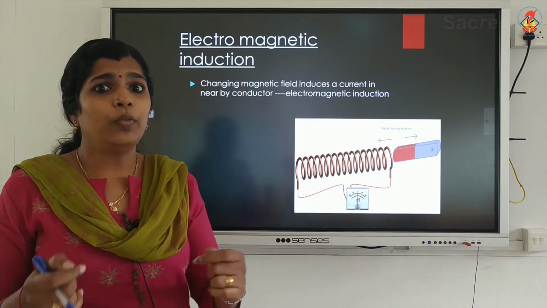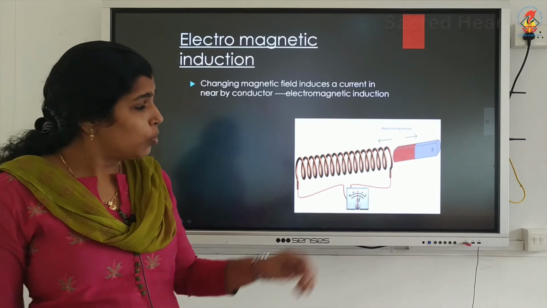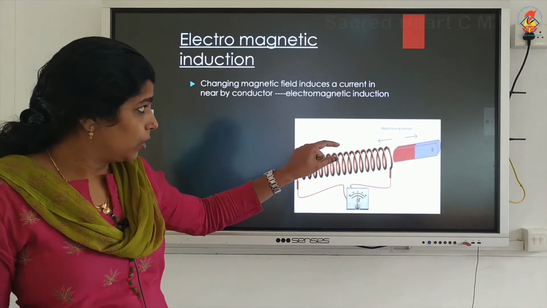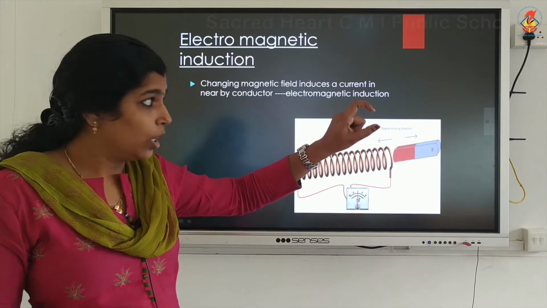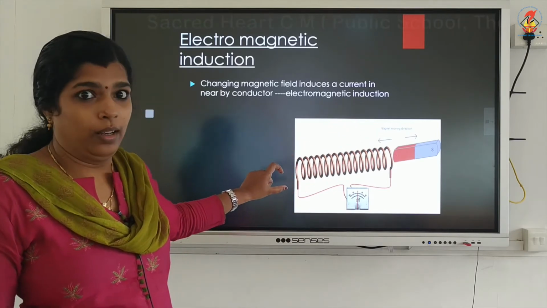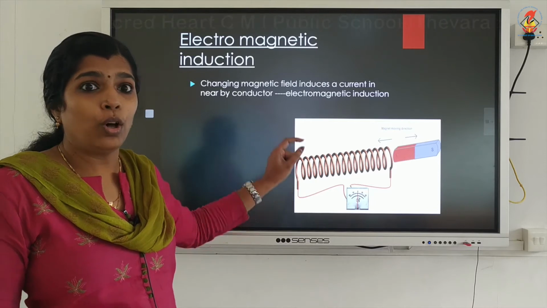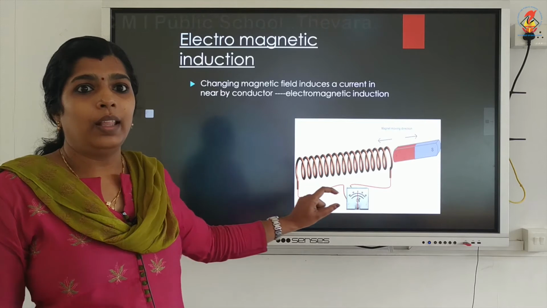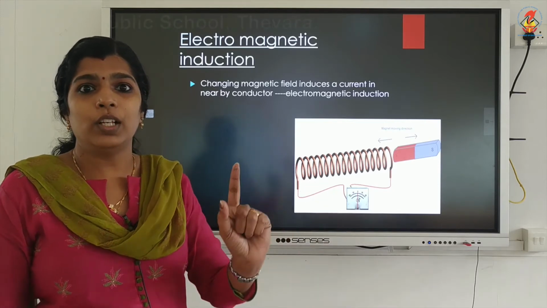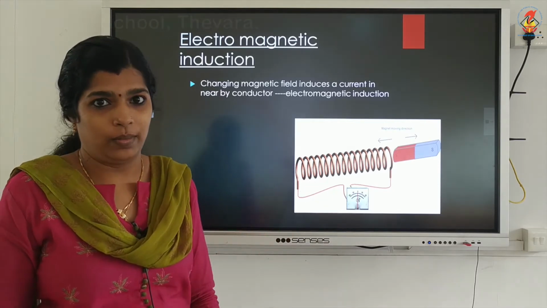Now, what we can see is that when you move the north pole of that magnet into the coil, the galvanometer will show deflection.